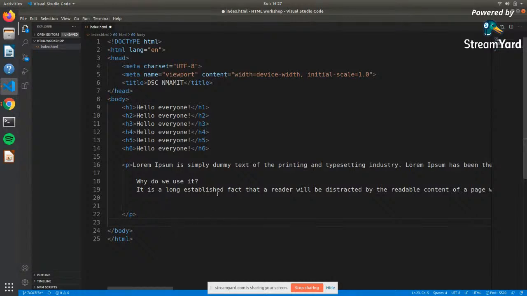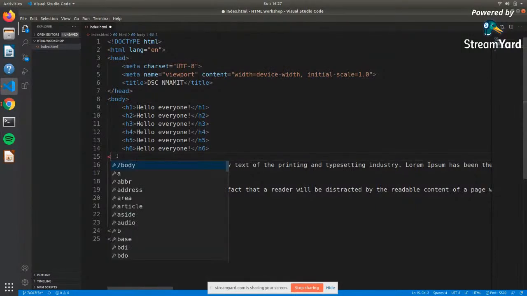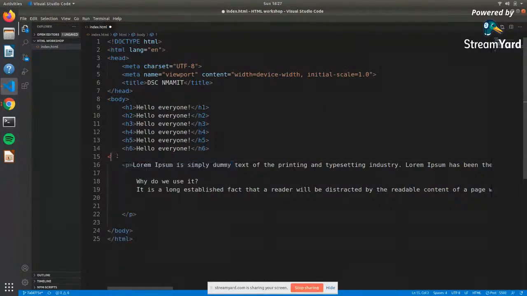The comments in HTML. Comments is what every programming language has, and a comment actually allows us to leave notes about the code, its functionality, or maybe to indicate necessary changes for the future. So if I have to comment something out, the comment goes like this: open angle bracket, exclamation mark, and hyphen hyphen, and inside this you can just type anything, and this won't be visible